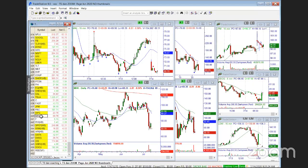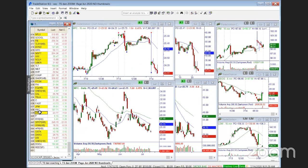Mohawk, nothing to do with that. It was in the news, I think, some class action. Here, WFC, so that had earnings. That's a bearish gap. Yeah, the Wells Fargo, I just fundamentally, it seems like they've